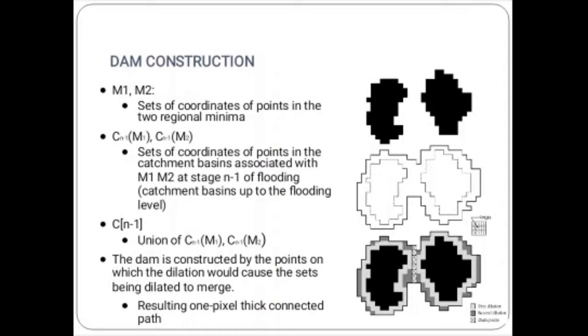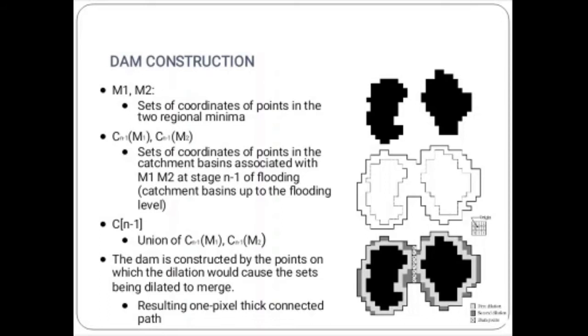Suppose a hole is punched in each regional minimum and the entire topography is flooded from below by letting water rise through the holes at a uniform rate. The three figures explain that when the rising water in distinct catchment basins is about to merge, a dam is built to prevent the merging. The flooding will eventually reach a stage when only the tops of the dams are visible above the water line. These dam boundaries correspond to the divide lines of the watershed. Therefore, these are connected boundaries extracted by the watershed segmentation algorithm.